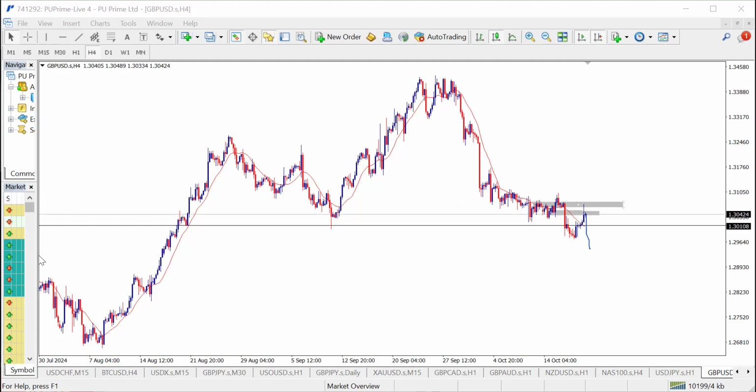Why? Because we are currently at a very strong area of resistance, which is also an area of supply, an area of support turned resistance as well. We can see this massive rejection. Take a look at that rejection. Once you see the 4 hour giving a pin bar like this, it shows a lot of confirmation. So I can see a pin bar on the 4 hours, which is indicating to me that we tend to see this market crash to the downside as it stands.